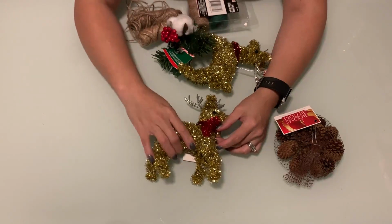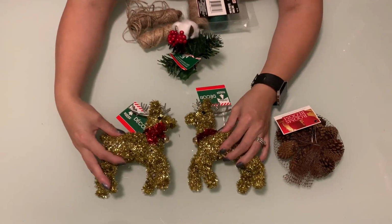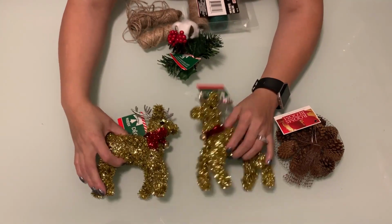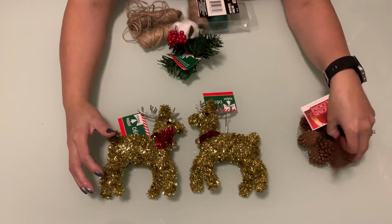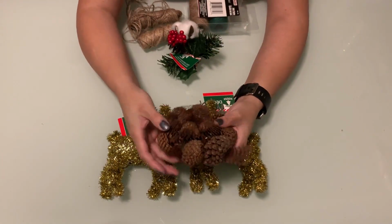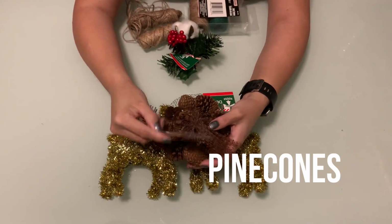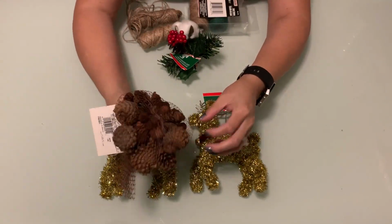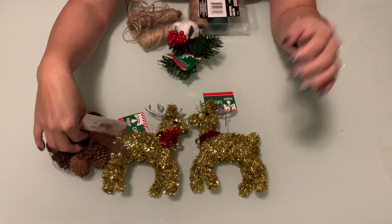So you are going to need 1 or 2 of these. I picked up 2 because I like to have at least 2 of everything. So that is 100% up to you guys. You're also going to want to pick up 1 of these little acorns from the Dollar Tree. I love that it's got a mixture of the different sizes, and we're going to use this to embellish our